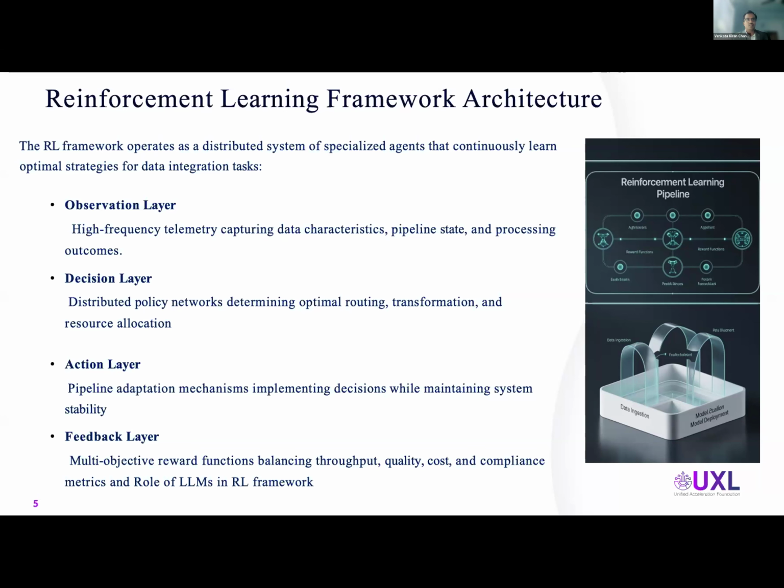So, intelligent policy advisor. LLMs can be used to provide intelligent guidance to the RL agents. For instance, an LLM can analyze the semantic context of a new data set and suggest a set of relevant data pre-processing steps or transformations. So the policy advisor role helps the RL agent explore a more promising search space, preventing it from wasting time on